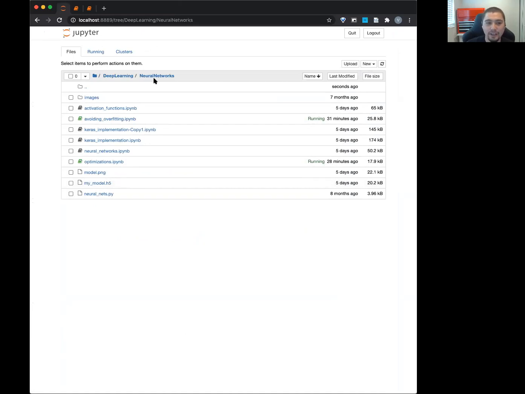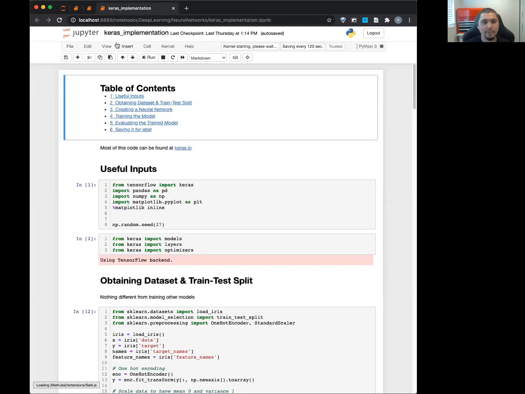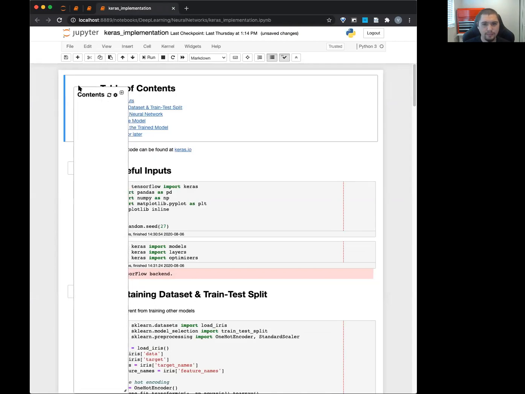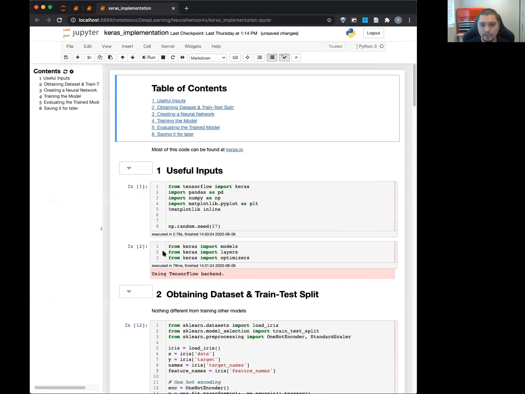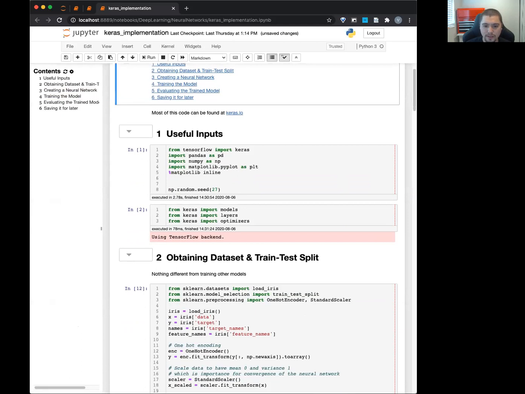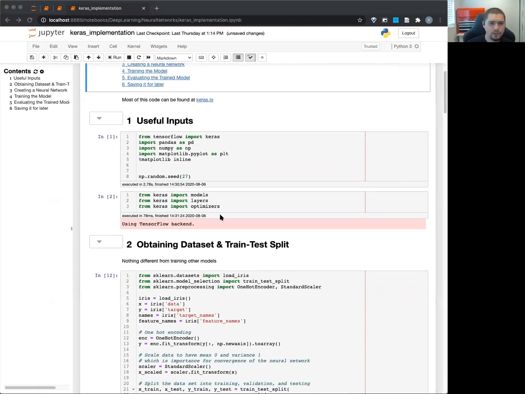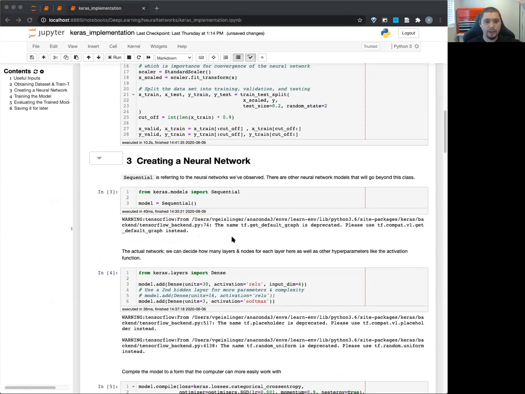So we're going to look at neural networks, and just to remind us, I think last time we ended a little bit later in the day with implementing with Keras, right? That sound familiar? Yeah. What is up with this table of contents? There we go. So I'm going to expand this out so I can see a little bit more. Okay, so again, I showed you really quickly,